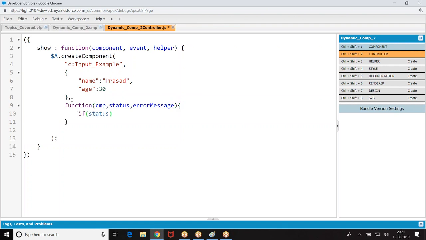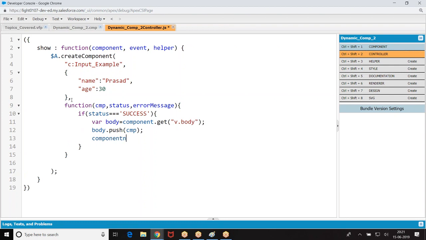Then if status equals success, body equals component.get body, then body.push component.